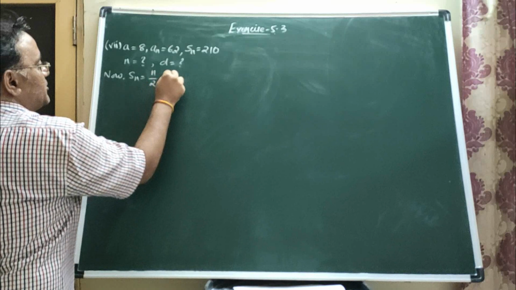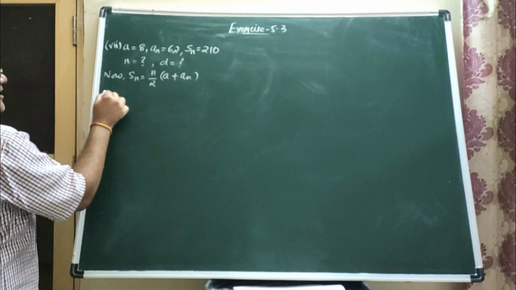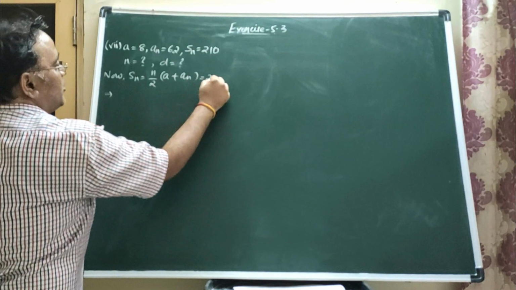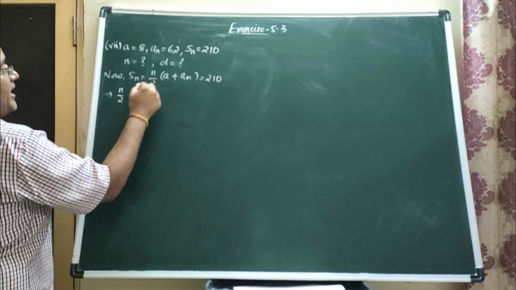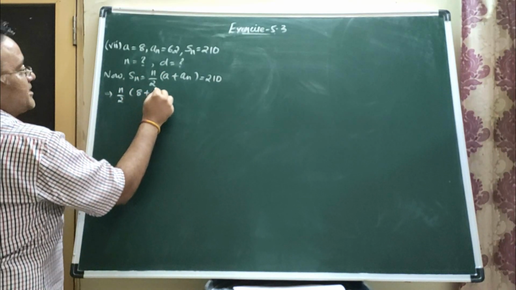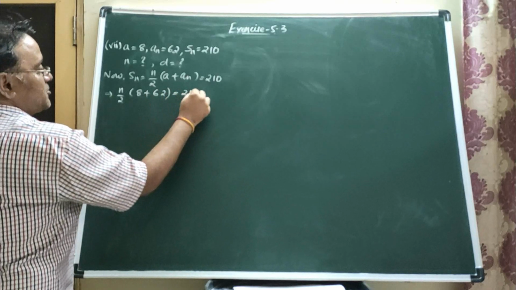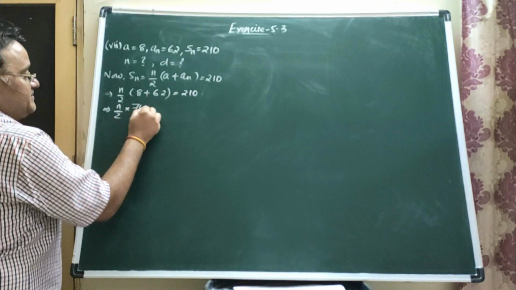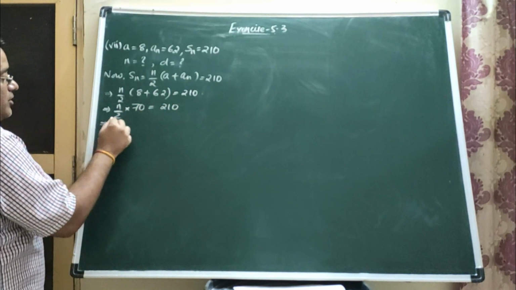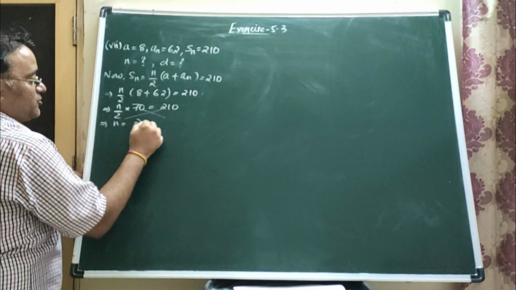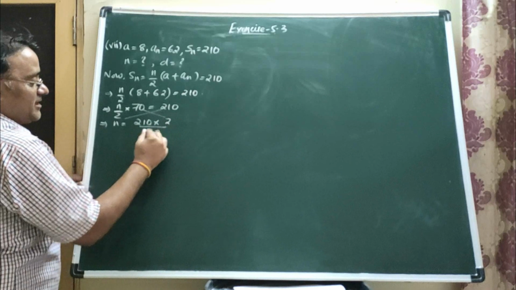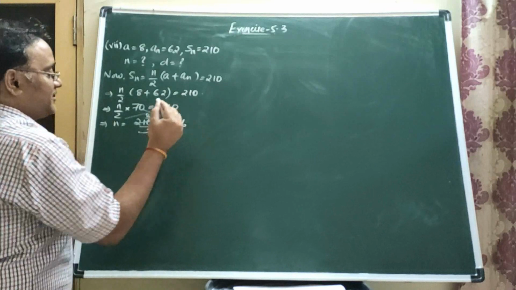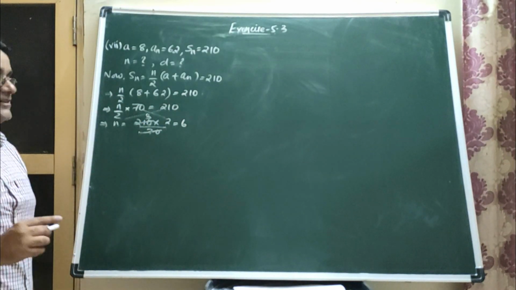Sn is equals to n upon 2 (a plus an), right? So Sn is equals to this, and this is equals to 210. Now we'll substitute the value of a that is 8 plus an that is 62 is equals to 210. So n upon 2, 8 plus 62 हो जाएगा 70, right? So n will be equals to, cross multiply करेंगे, 210 into 2 divided by 70. So ये cancel हो गया, 7 threes are 21, and we'll get n is equals to 6. So first n निकल गया. Now